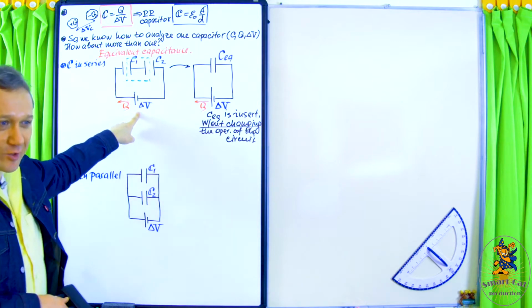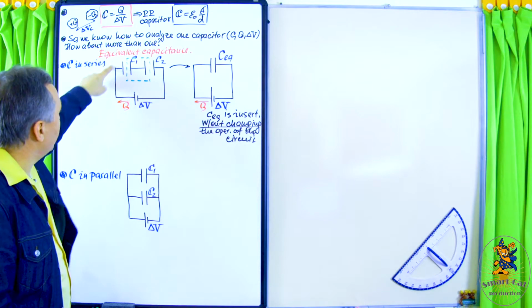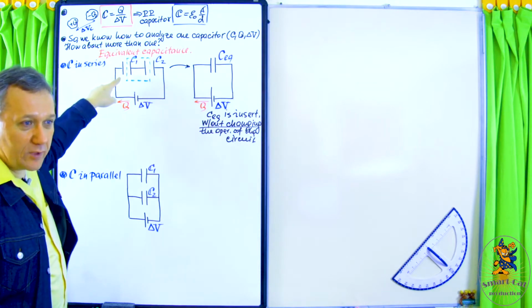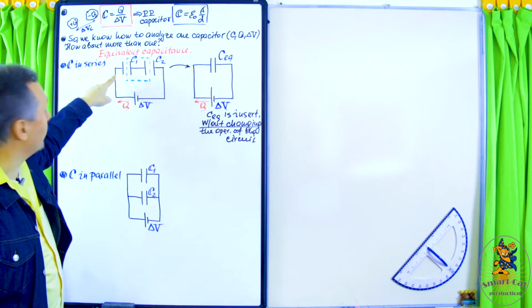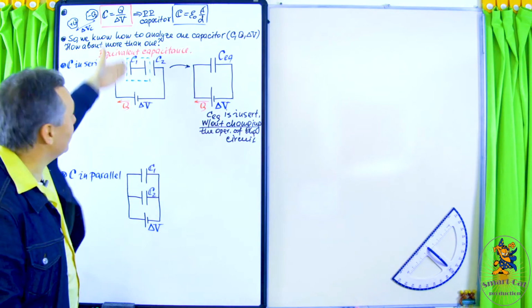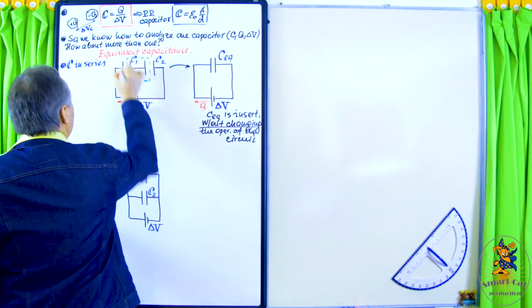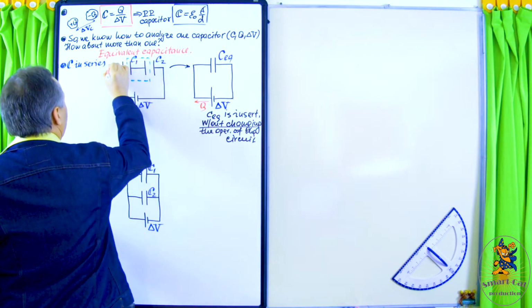Where does this charge go? Not many places where it can go. It just goes up here and will get stuck on this electrode without being able to get through, because this is the gap. So this charge Q will end up here,